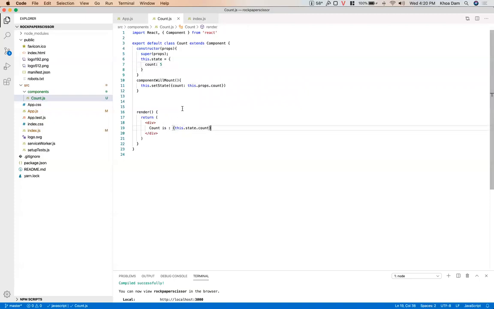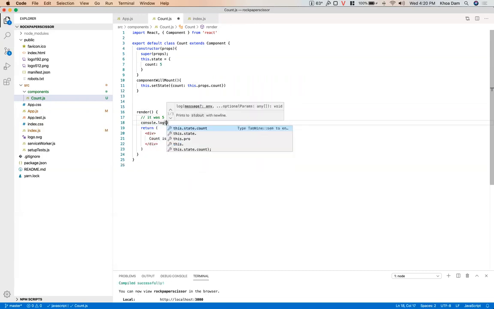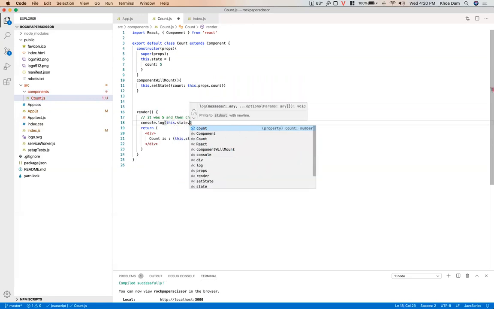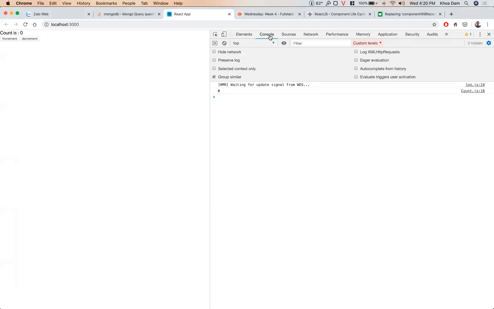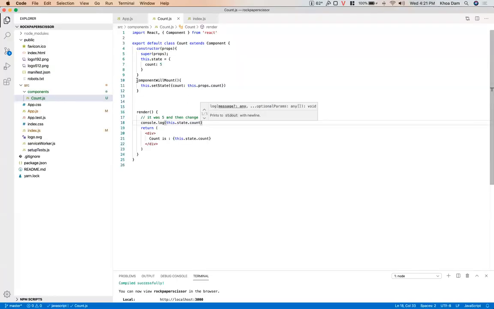Look at this. I will show you. It was 5 and then changed to 0, maybe. I don't know. Just console it. this.state.count, right? Yeah, something like this. Okay. I'm going to reverse the log. 0, 0 and 0. What it does is, even though we define initial state,